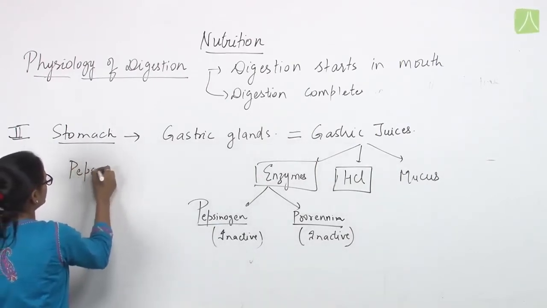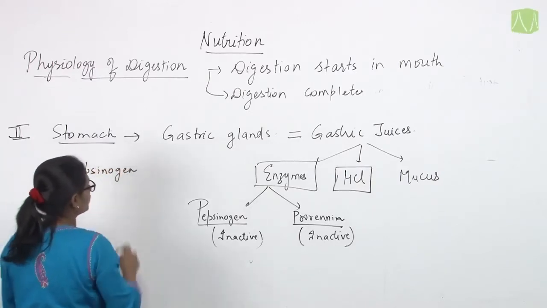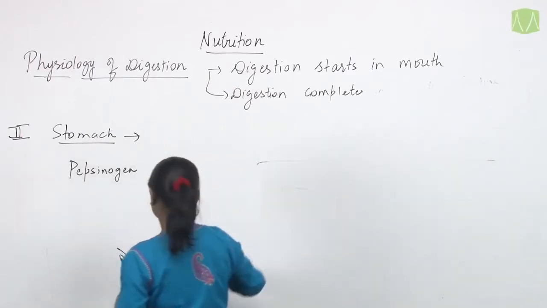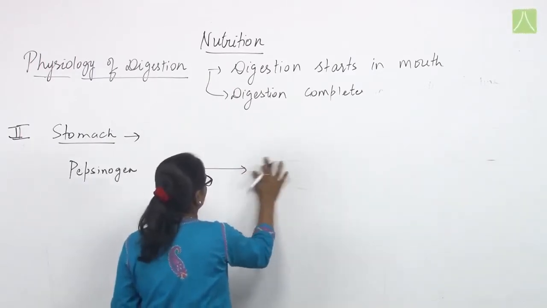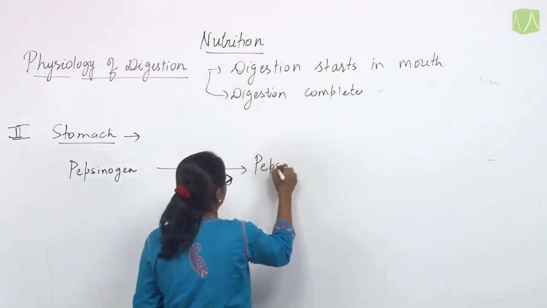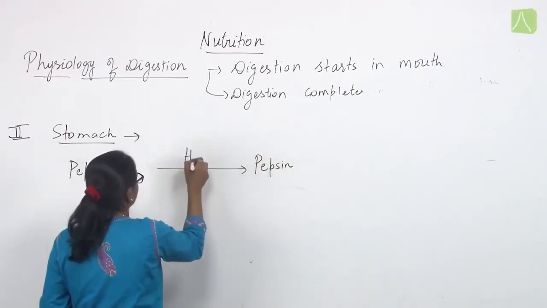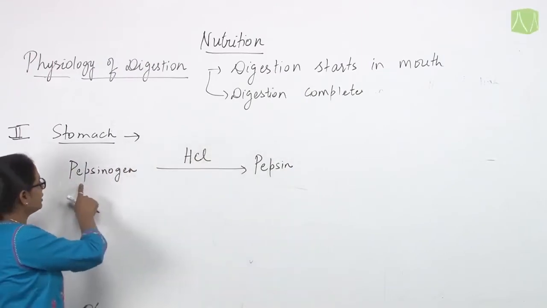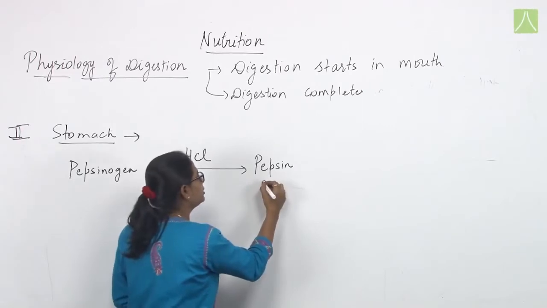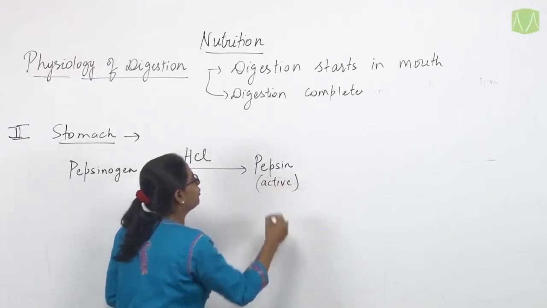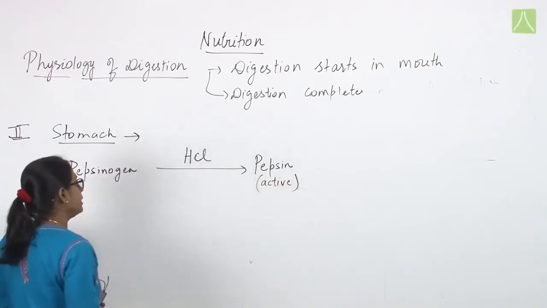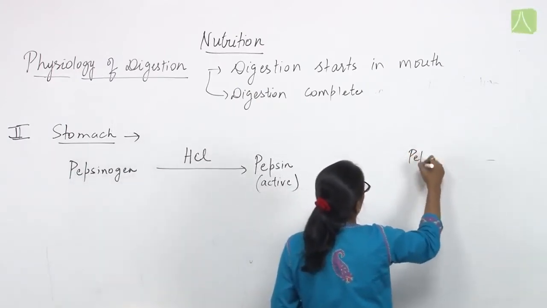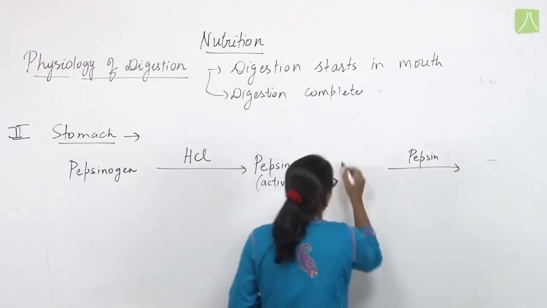This pepsinogen will first convert into pepsin by the action of HCl, that is hydrochloric acid. So pepsinogen is the inactive form and pepsin is the active form of the enzyme. In the same way, now this pepsin will act on protein